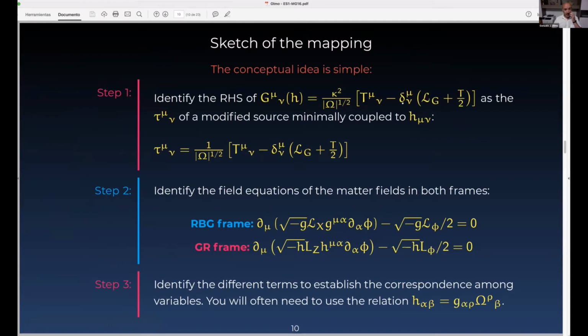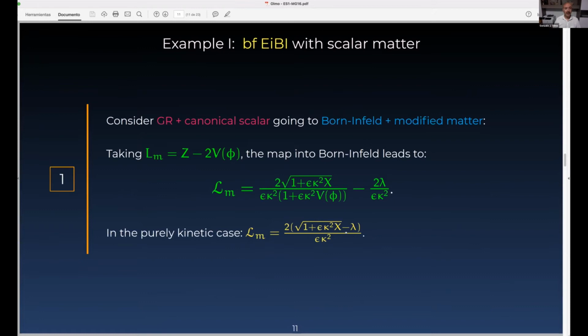So how this mapping between modified gravity and general relativity is constructed is formally expressed through these relations. Okay. So essentially, on the left-hand side we have general relativity, so this function of the matter sources can be reinterpreted in terms of a modified stress energy tensor. So doing the same with the field equations, we can find the correspondence and that's it. So after a long calculation, you can get that.